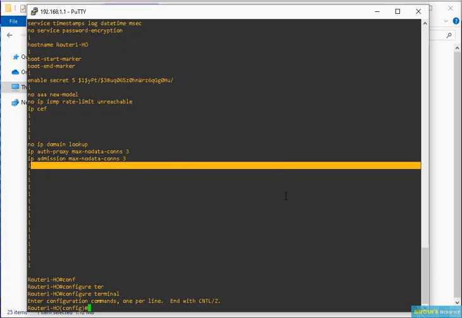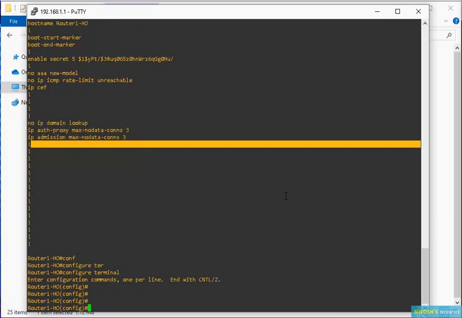You can see here the prompt has already changed. It is changed to config in brackets and the hash symbol. So now you can identify that you are in the configuration mode where you can make configuration changes.